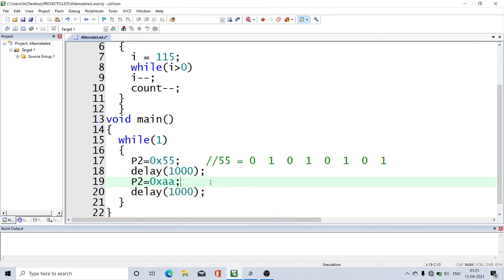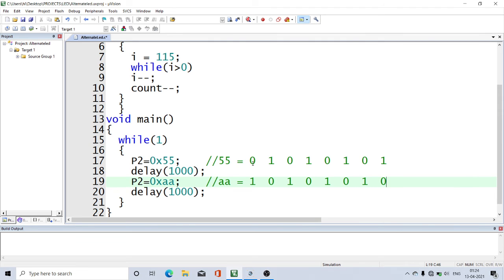And similarly, if 0xAA is there, A is represented in hexadecimal as 1010, so 1010 1010.